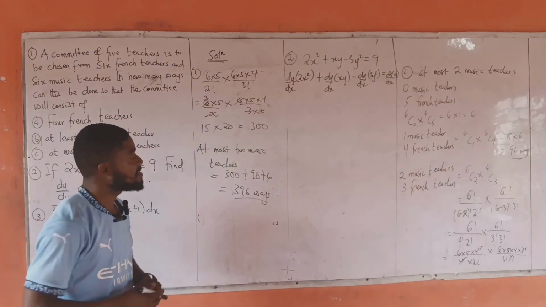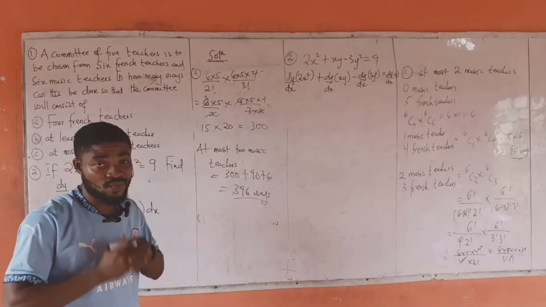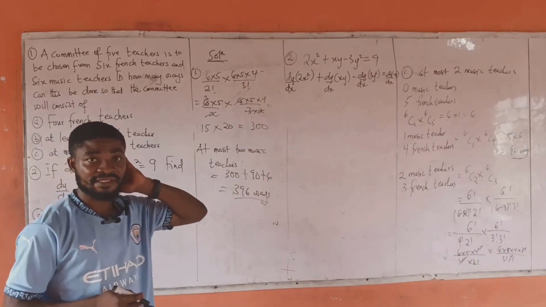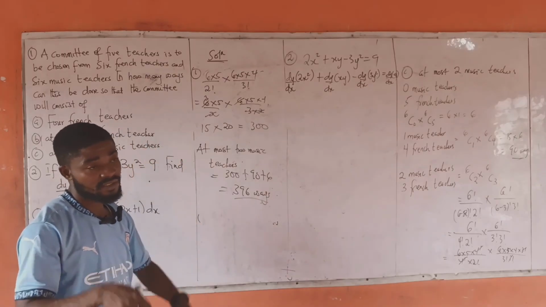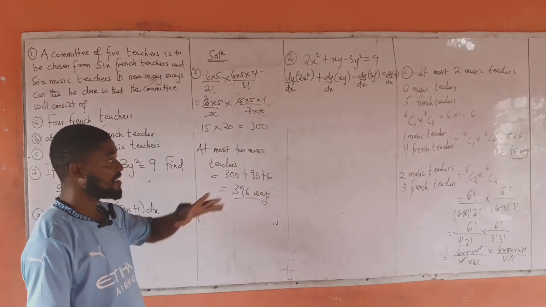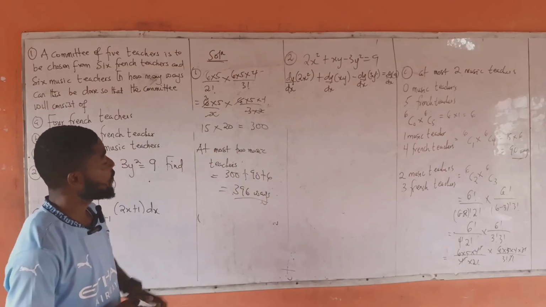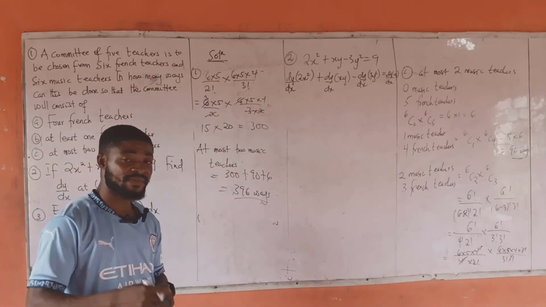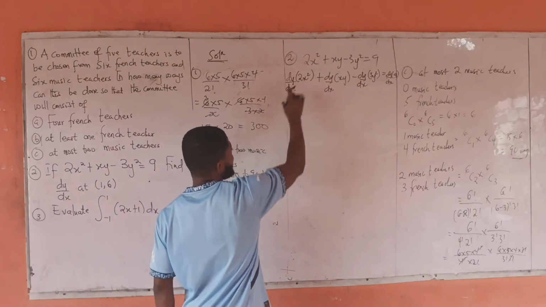Now when we differentiate y, we still have y because it's dy/dx. When we differentiate y, we still have y as part of the answer. But when we differentiate x, it is likely to either vanish or still be there but change in terms of the power or the value. The same thing applies to y, though, in a different instance. So when we differentiate 2x squared with respect to x, we are going to get 4x. So this gives us this.